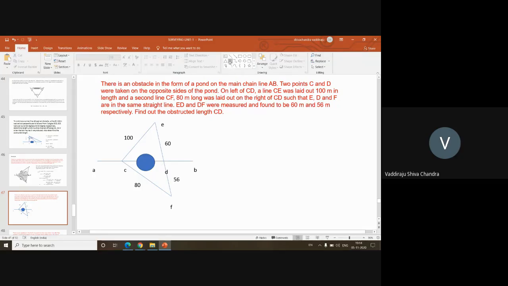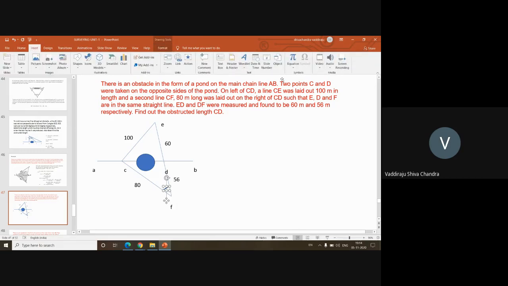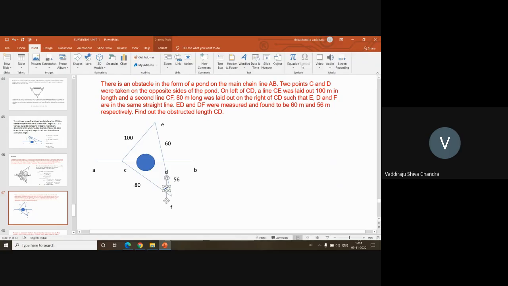Assume that this angle is theta. I don't know whether I can insert a symbol here or not. Okay, so assume that this angle is theta. Then